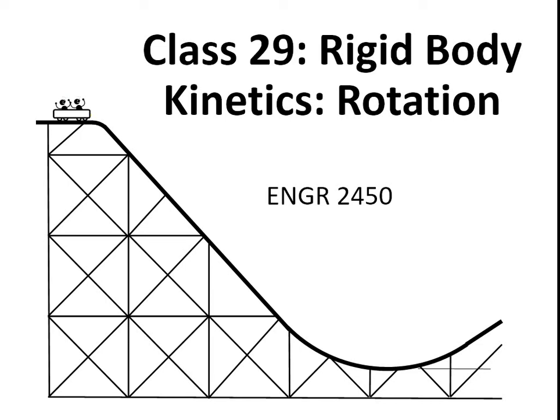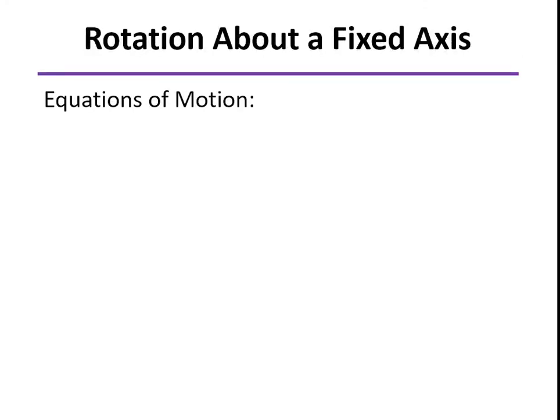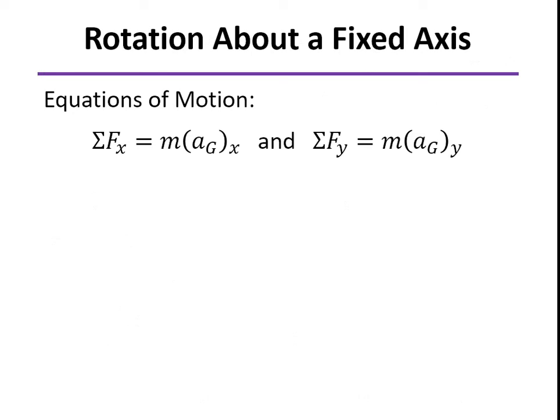Now that we can calculate mass moments of inertia, we'll use that to solve problems of rotation of rigid bodies. So, let's start by reviewing our equations of motion. When we take the sum of the forces in the x or the y directions, we're setting them equal to the mass times acceleration. But we have to remember that if a body is rotating or under general plane motion,